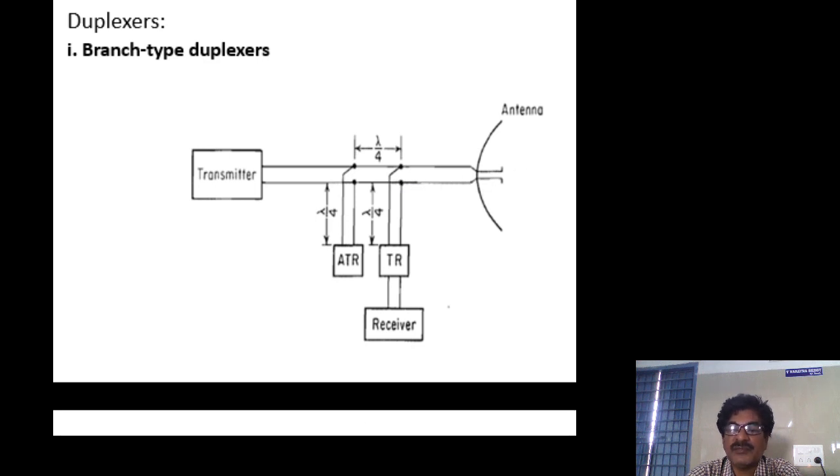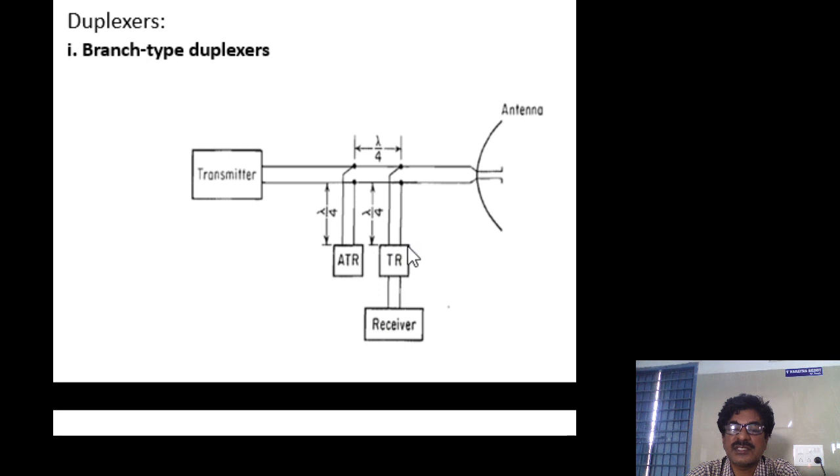Similarly, during reception, what is the connection we expect? The antenna is connected only to the receiver but not to the transmitter, or the received echo goes to the receiver unit only but not to the transmitter. How is it achieved? During reception both the ATR and TR are not ionized, which means they don't act as a short circuit. They act as an open circuit. Since it is open, the received pulse simply goes to the receiver.